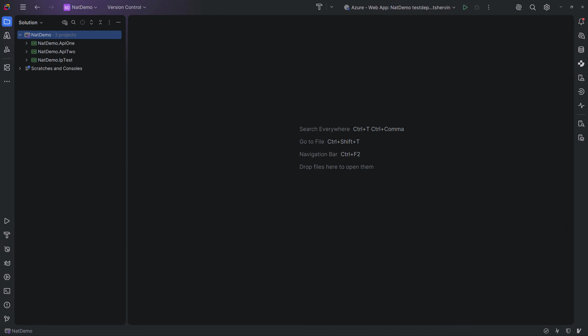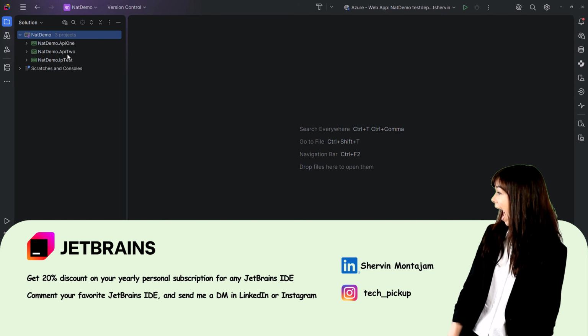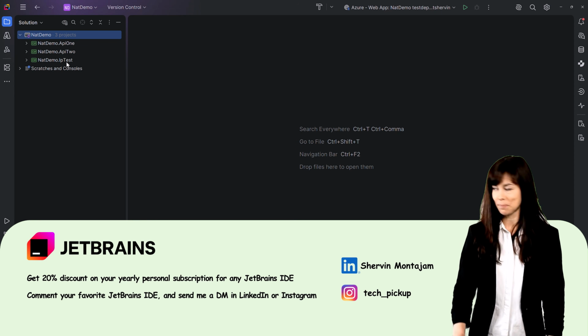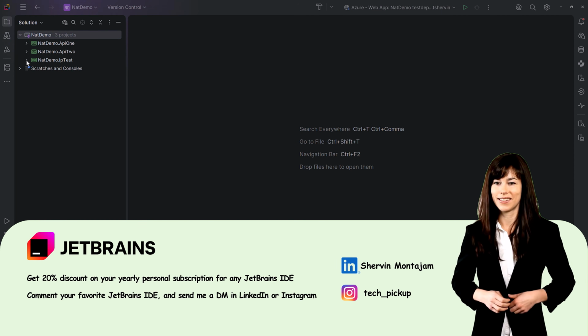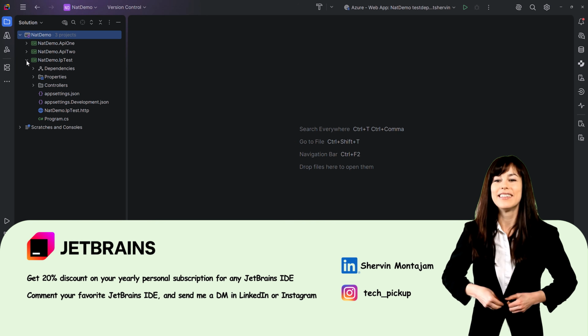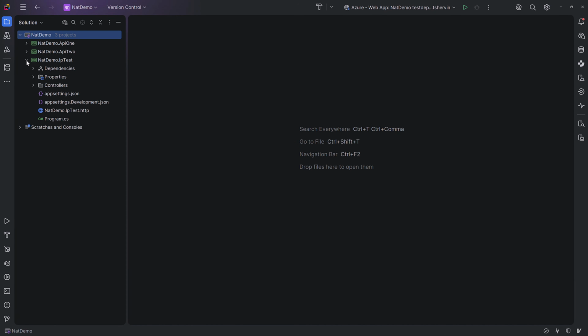I bring up Rider from JetBrains, and I have in this solution 3 projects: API 1, API 2, and IP test. The IP test, which is going to be deployed outside of the network to check the public IP addresses coming from the NAT, has a simple controller